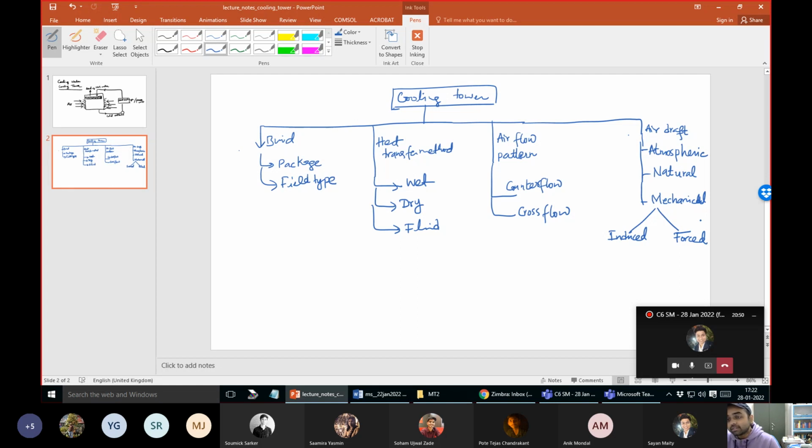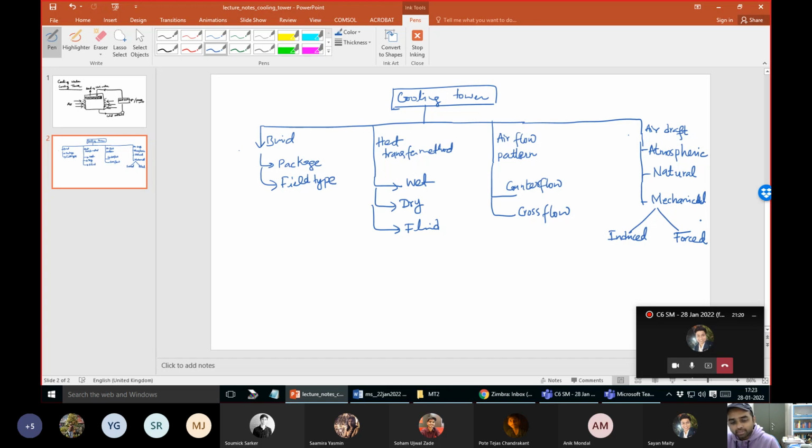But the major difference between these two types and the wet type is that there is no direct contact of the cooling water on the surface, and because of this, the evaporative losses are significantly reduced. Further, the water is not contaminated by dust and particles that come from the air. That's not a major issue, but in the long run, this affects a lot. So that is the classification of the wet, dry, and cooling fluid types.